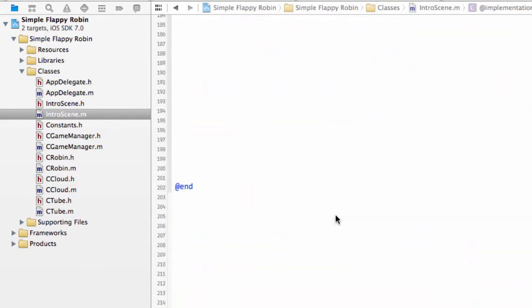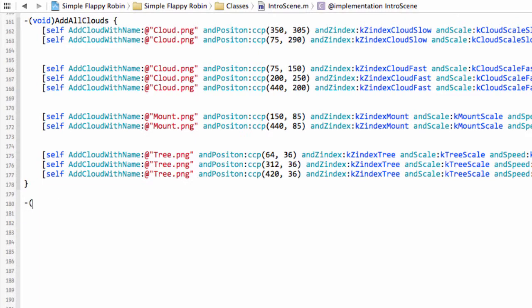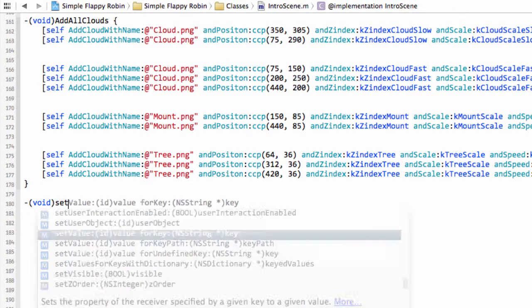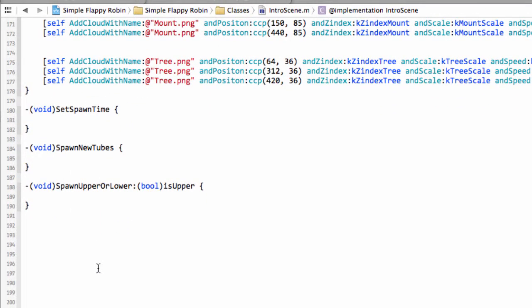And the last thing we need to do then is, at the bottom of the file below the addAllClouds, let's start making the definitions of some of the functions. So we'll have setSpawnTime, which we'll use to set the spawn time for the next tube. We'll have spawnNewTubes, which will be called when the appropriate time has elapsed to spawn the next tube. Then we'll have spawnUpperOrLower, with a bool for isUpper. So this is either to spawn an upper tube, a tube coming from top down, or lower, from bottom